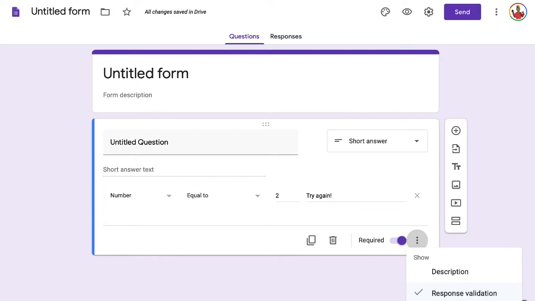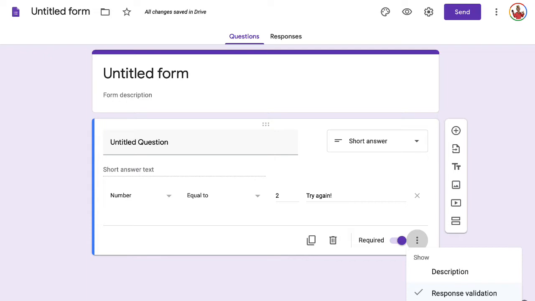So what we need to do is go to the bottom right side of the screen where it says required. There is a toggle switch. You're going to click on that toggle where it says required. When you see that turned on, it'll turn into a color. For the sake of this video, mine is purple because the template color is purple. But once you see the toggle switch turn to a color, then you're going to go to the three dots to the right of it,